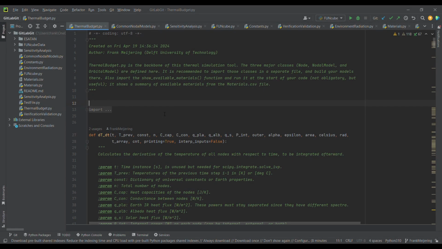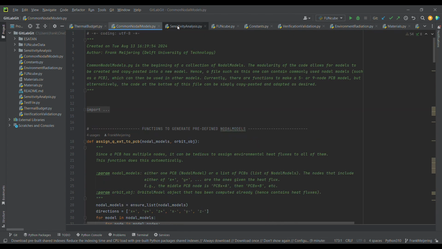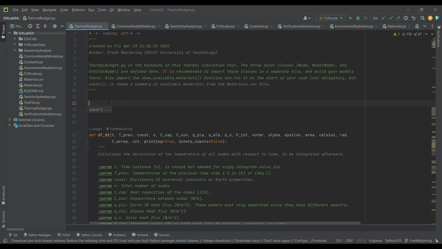So once you have downloaded the zip file and open everything in PyCharm, it would look something like this. I will quickly go over these files and show what their function is. Their function is also explained at the beginning of each file in this docstring here. All files have this. However, just to explain it very briefly here,